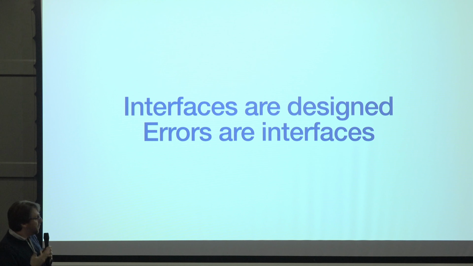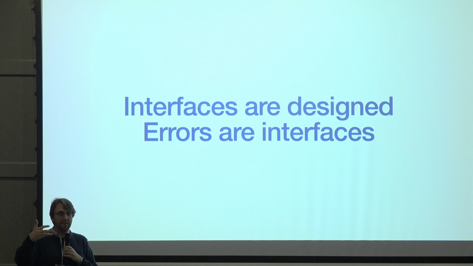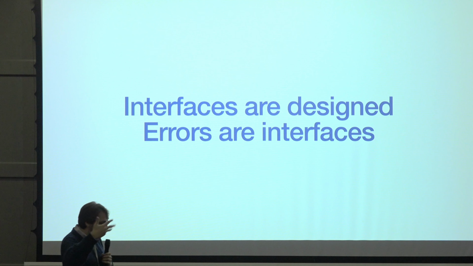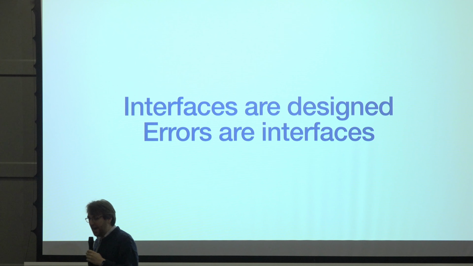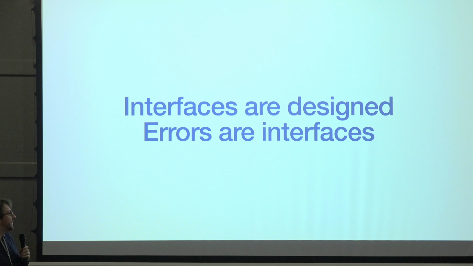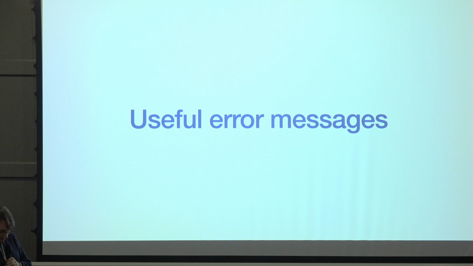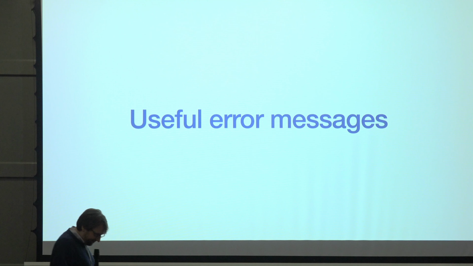And errors are part of that interface. If you error in a particular way, that is part of the interface you're presenting. That's part of your design. And if you error badly, you have a bad design, right? These things are visible. Errors will happen. You can't prevent errors entirely. They will happen in practice. That's why we write the exceptions being raised, right? And so someone's going to see them. And we need to do a bit better.